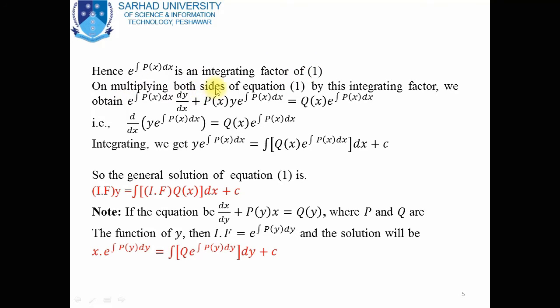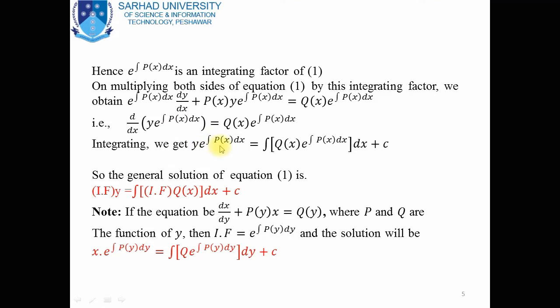On multiplying both sides of equation 1 by this integrating factor, we obtain e^(∫p(x)dx) dy/dx + p(x)·y·e^(∫p(x)dx) = q(x)·e^(∫p(x)dx), that is d/dx of (y·e^(∫p(x)dx)), and this is equal to q(x)·e^(∫p(x)dx), and integrating this equation we get y e